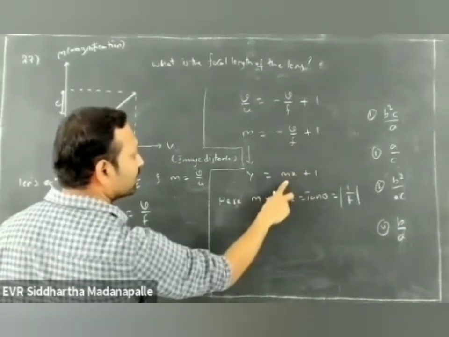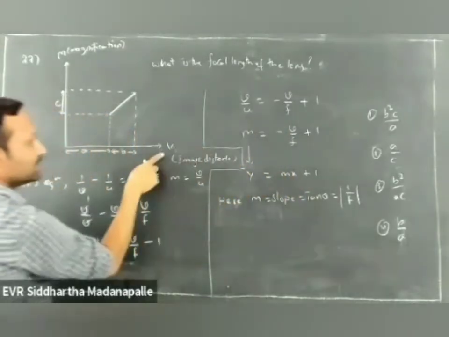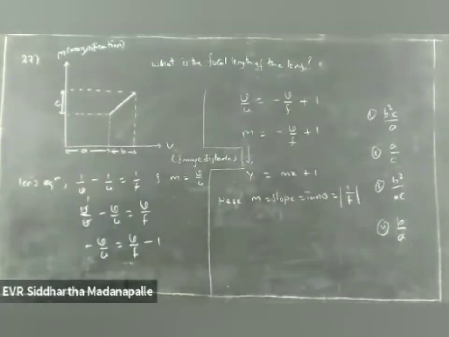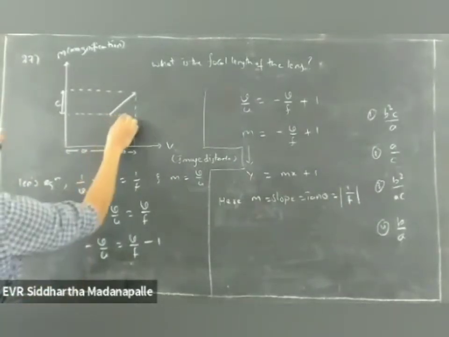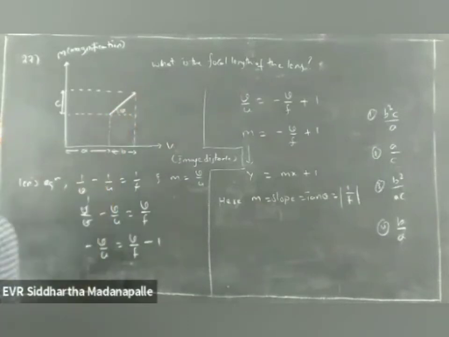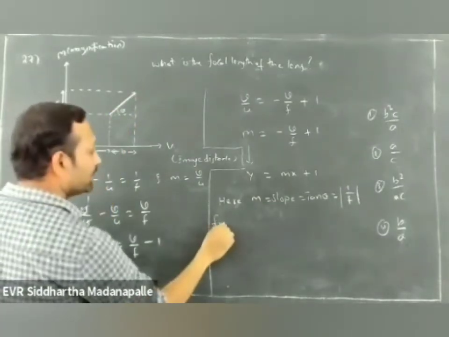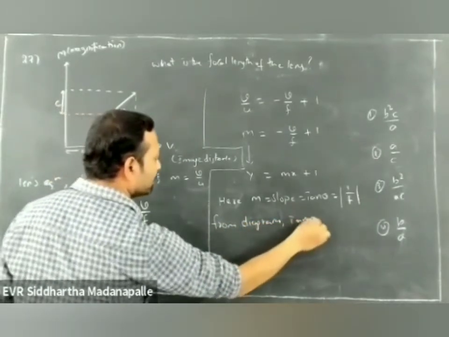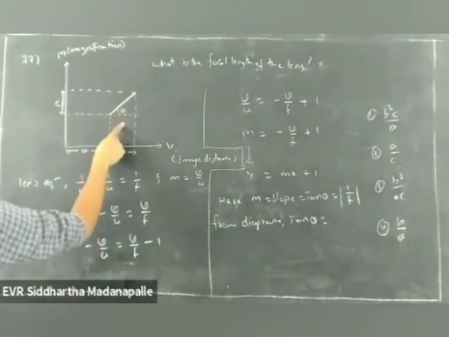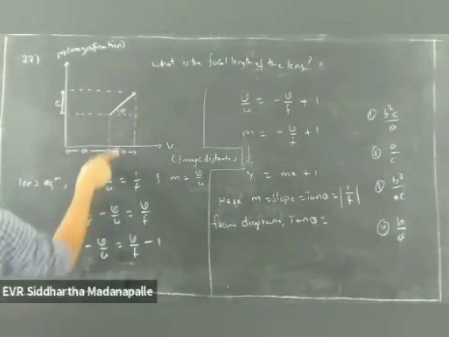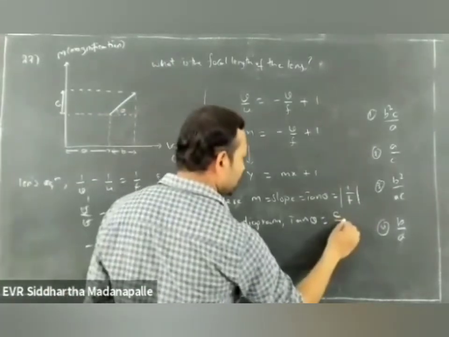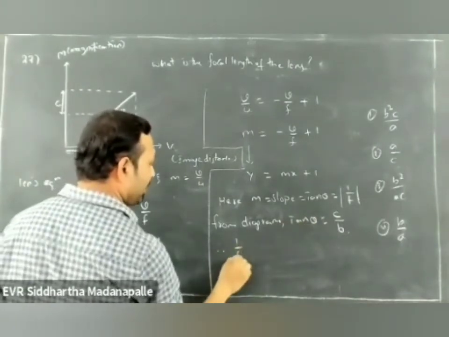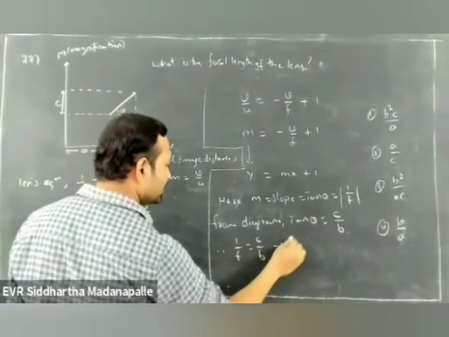Now comparing this one, what is the slope here? Along the x axis we have considered the v, and the slope is 1 by f. For example, here is the graph, and in it I have taken theta. So what is tan theta from the diagram? From the diagram, tan theta is equal to opposite side value c by adjacent side b, so therefore c by b. So tan theta is equal to, therefore 1 by f is equal to c by b. This implies f is equal to